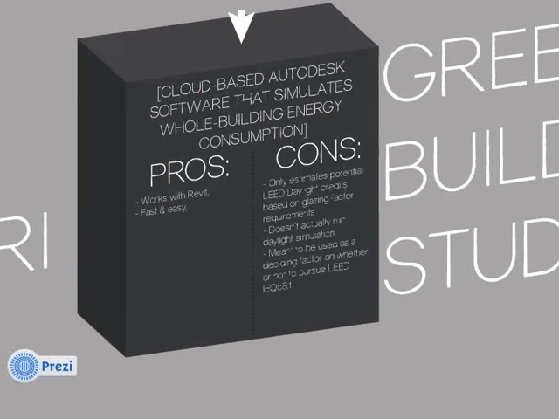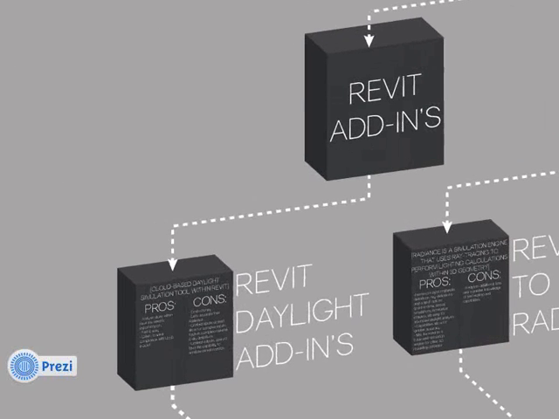daylight simulation. Green Building Studio gets a little bit closer. It's mainly for energy analysis, but it does have a calculation that estimates your potential to get the LEED credit, right? So it's really a feasibility study to say, yes, you should explore this further, or you need to radically redesign the building to give yourself a fighting chance, right? But it still doesn't do illuminance grid analysis, perspective glare analysis, stuff like that. So we have to go outside of Revit to do this type of simulation, this type of analysis, as it stands anyway. So one option is to do these Revit add-ins, which we talked a little bit about before,